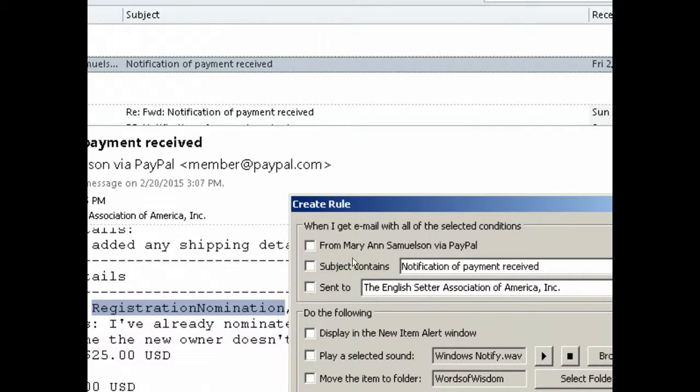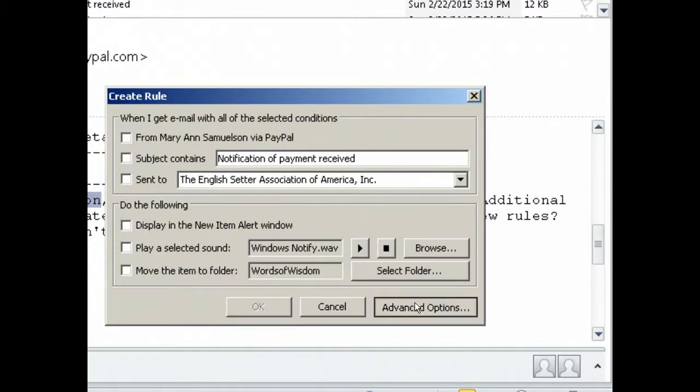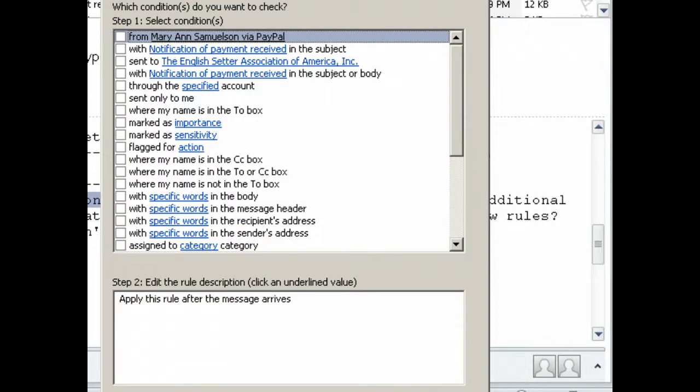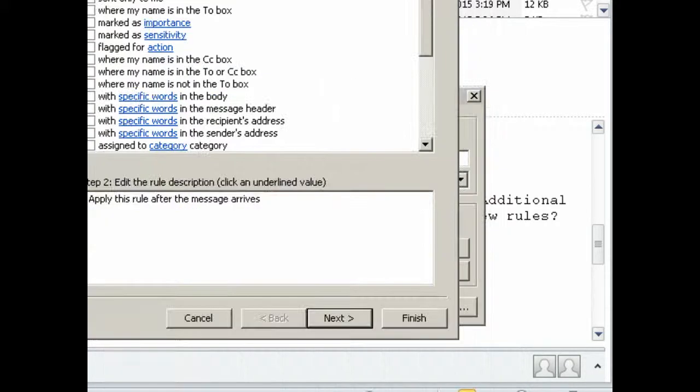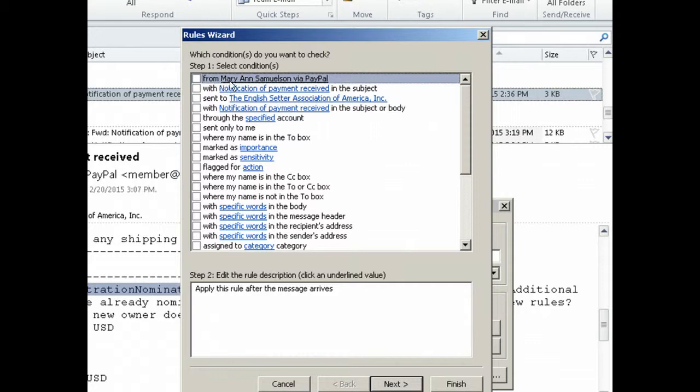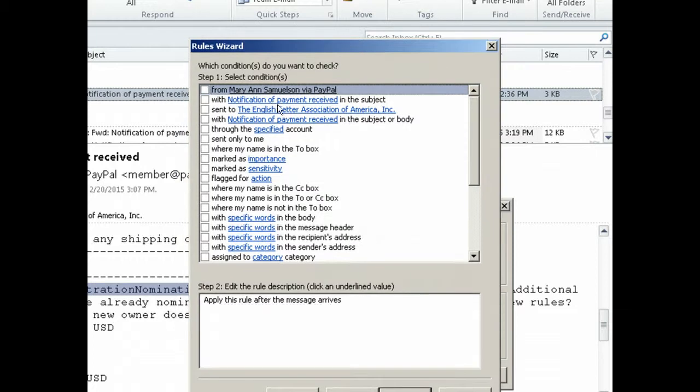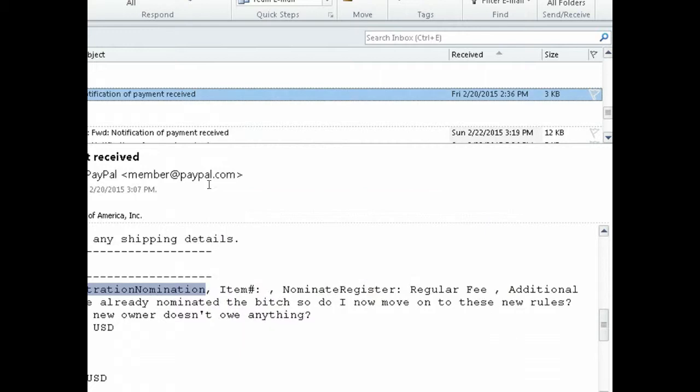So instead of doing that, what I want to do is go to the advanced options, and in the advanced options I have lots of different things. It says from Mary Ann Samuelson via PayPal. I don't really want that, although I can select it and make that one go away. Make this whole thing go away, because we really don't want to use that. It uses a number of pre-filled options, which we really don't want. So what I want to do is get rid of this and get rid of this, and then go back